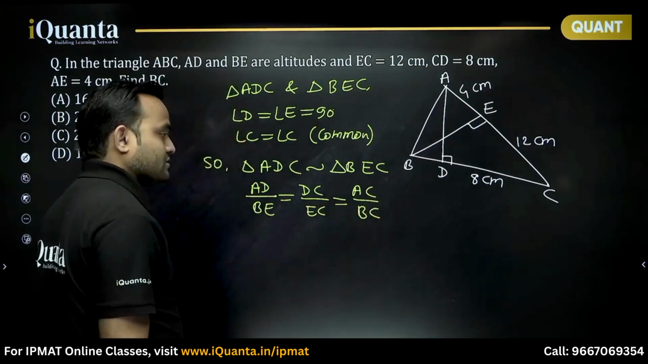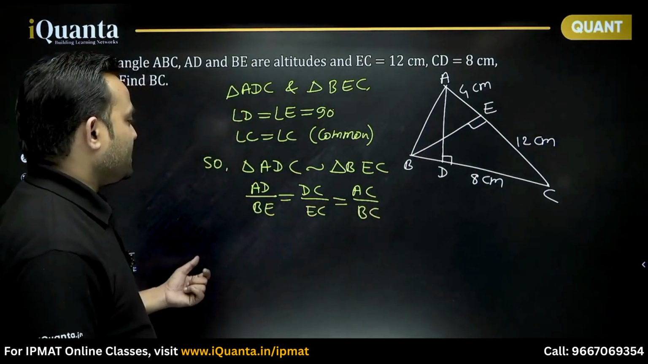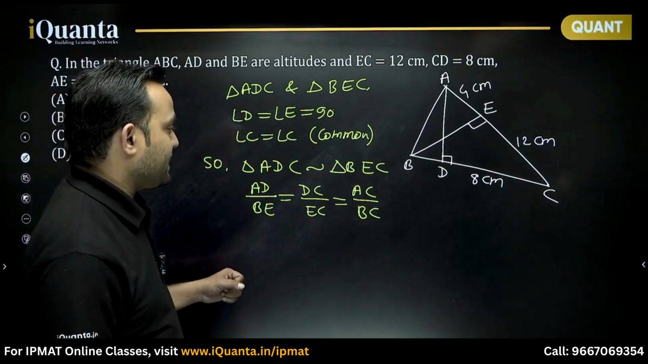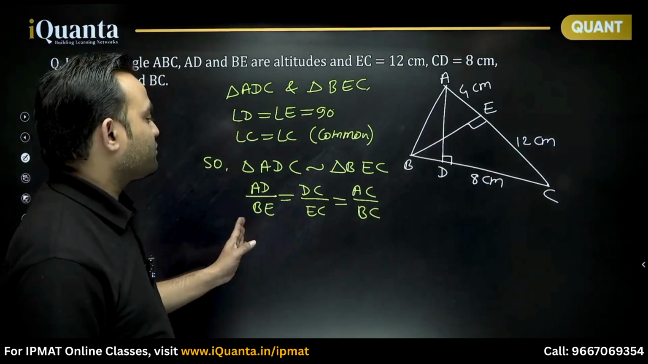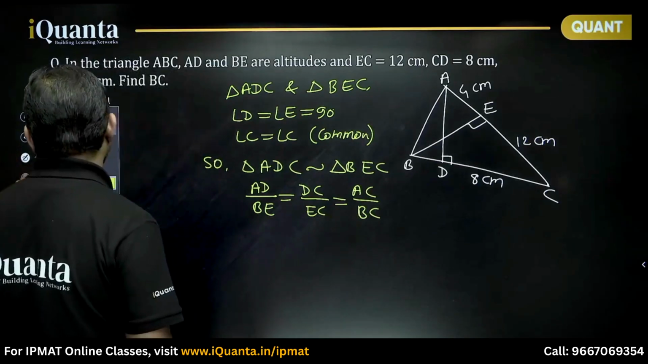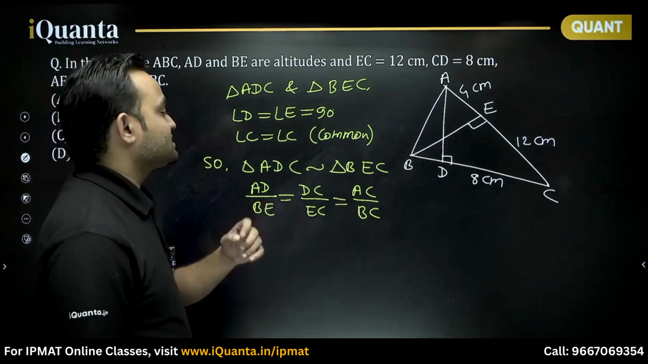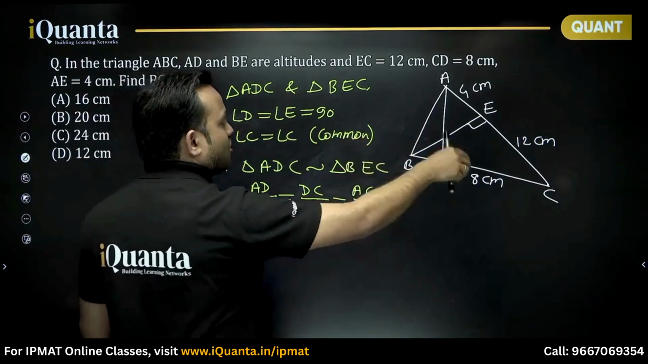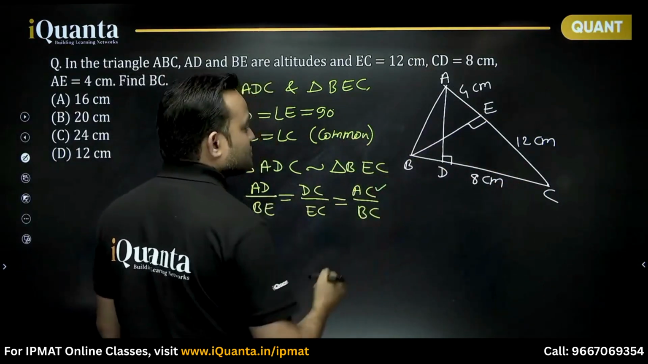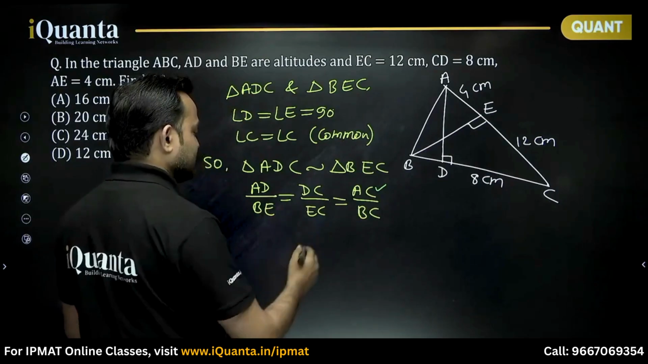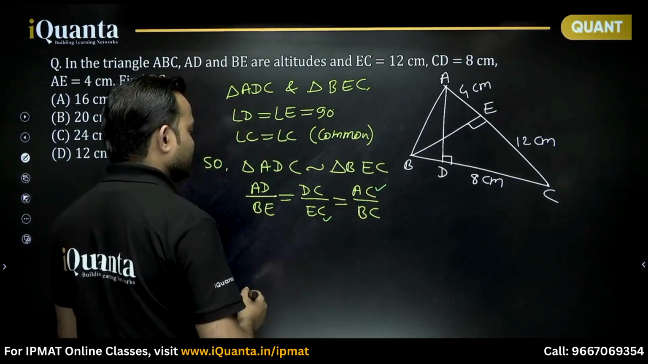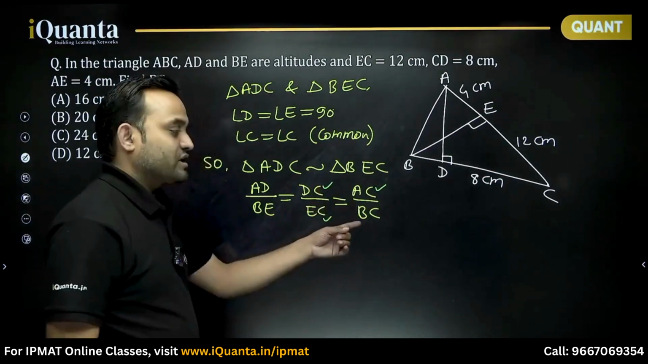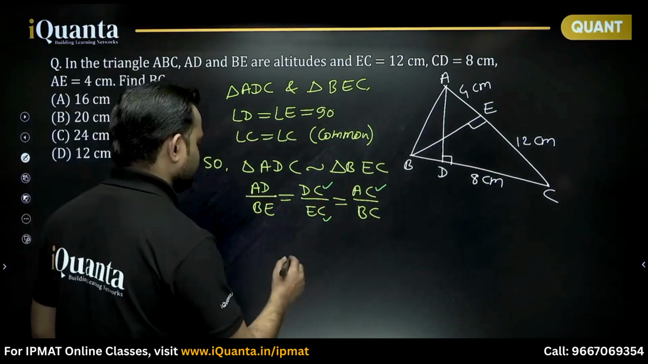Now what do we want? We want BD, right? We want BD or we want BC. So let's try to check which lengths are known. So we know AE, right? Or we know AC. So AC is known. Then we know EC. EC is known. Then we know DC. DC is known. So can we say that from here